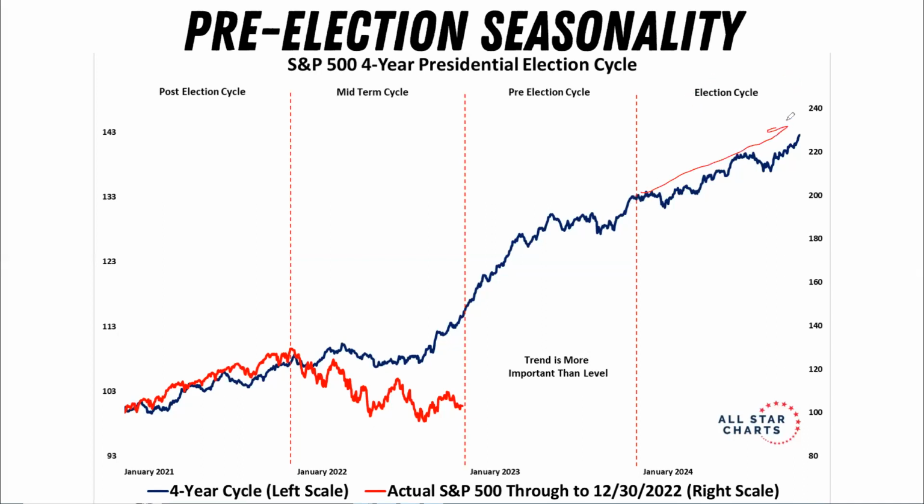Now, your election cycle year isn't really the strongest, right? I mean, it looks like it's going straight up right here, but when you look at the magnitude of the slope in the pre-election cycle versus the magnitude of the slope in the election cycle, it's not as great, right? The pre-election year is pretty much one of the most bullish years in the presidential cycle for the stock market. And you can see your midterm cycle is pretty much normally the worst, right? So it's no coincidence that we had such a bear market in basically the worst performing time of the presidential election cycle. We're going to look to see if we can get this pre-election cycle end of year rally.